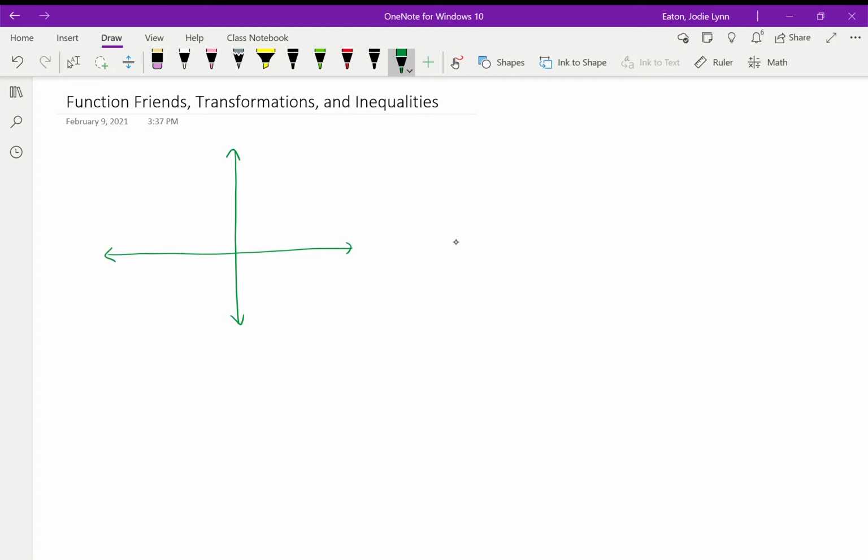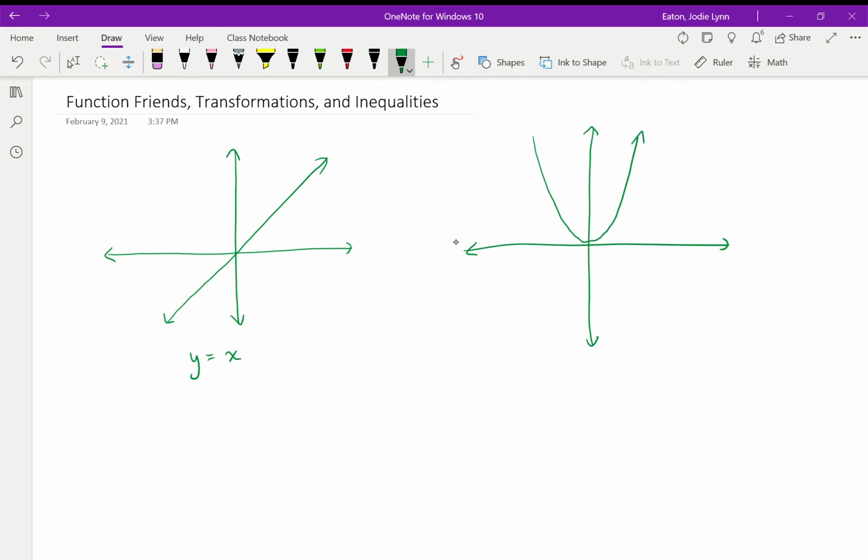So we have one of our best friends, as you'll remember from the last lesson, y equals x. So anything with a linear equation, you will have an x and you will have a y and you will have only a single power of x. Okay, so it would only be x to the first or perhaps x to the 0. Next function friend,